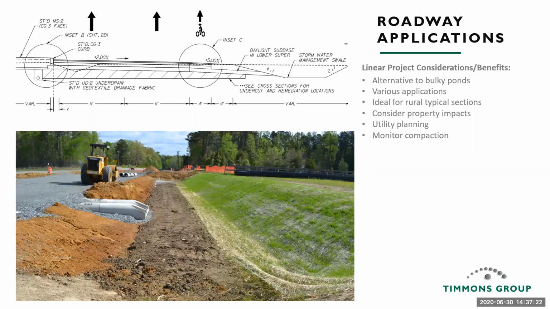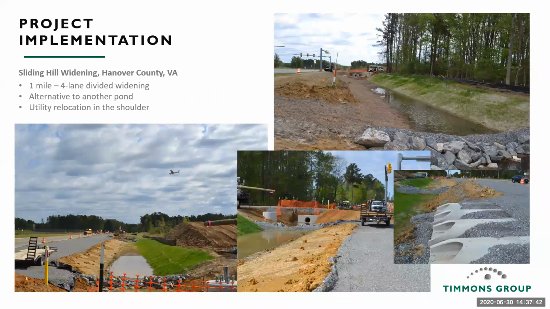Also in roadway settings, compaction is a big deal, making sure you get high levels of compaction, particularly under the pavement section. But in doing so, you want to make sure that you're not overly compacting some of the areas that you want to infiltrate, particularly if you're using a dry swale application where you're using filter media. This is the project that was in the picture in the last slide.